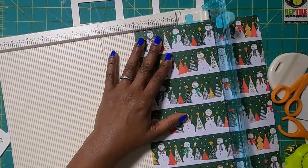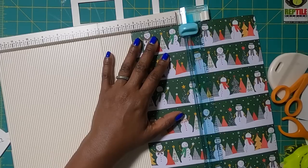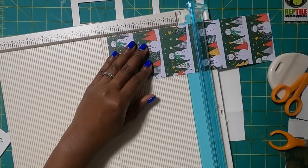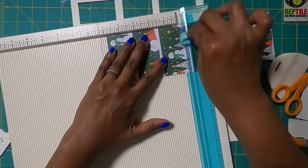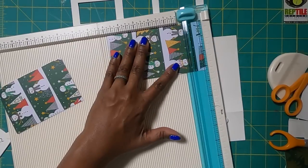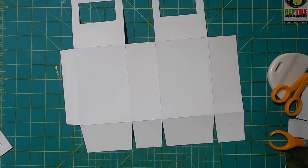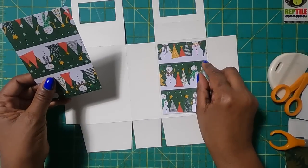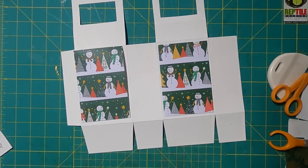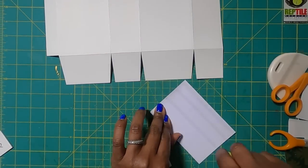So now I have this snowman piece, and I am just going to cut it down to fit. So I am going to cut this at 3 1/4 by 4 7/8. And I'm going to take these two pieces and place them right there. So to place these, I am going to use my tape runner, add my tape,